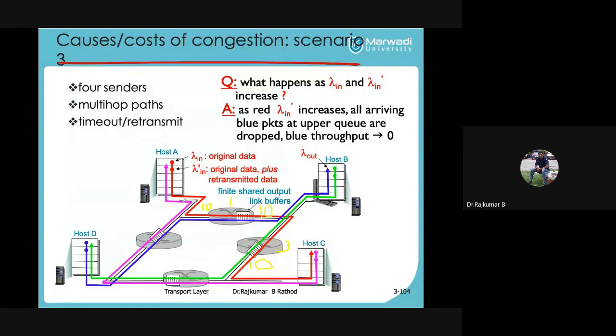Okay. So the input capacity of router 1 is 10 Mbps, and the output capacity is also 10 Mbps. The input capacity of router 3 is also 10 Mbps, and the output capacity of router 3 is also 10 Mbps. The input capacity of host C is also 10 Mbps. Memory is unlimited at router 1 as well as router 3. Okay. So in the first case,